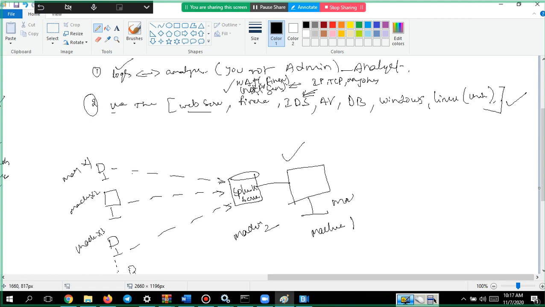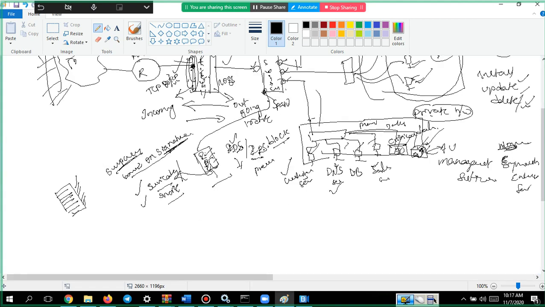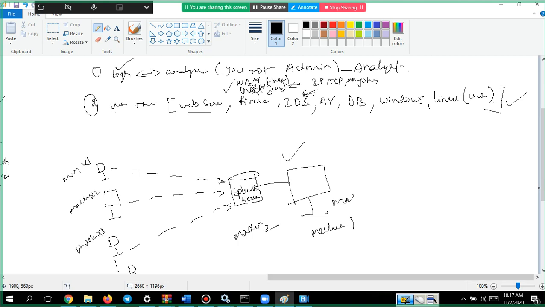This Splunk server is called the Splunk indexer, where logs are getting stored. Do you have only one Splunk server?